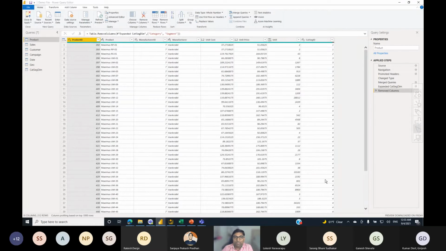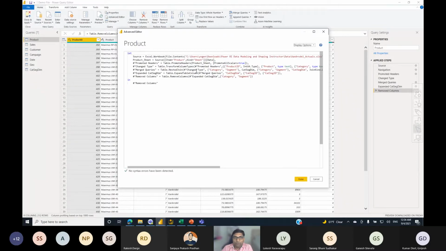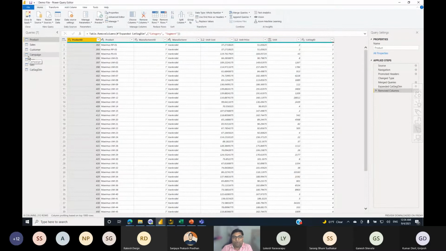If I am performing some transformation here and I need a similar transformation in another place, I go to the advanced editor, copy those lines, add them into my new table, and done. Only one trick I can tell you: never go and directly apply here. First, always use Notepad or Notepad++ and take a backup of your previous one.